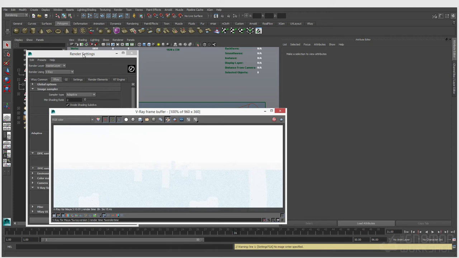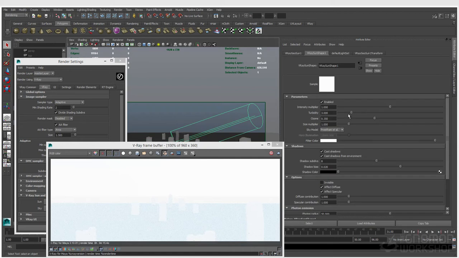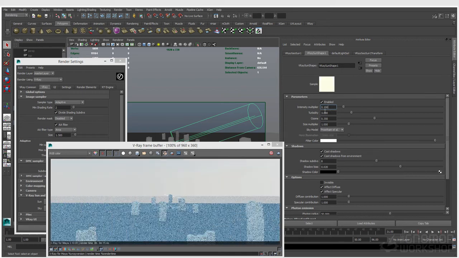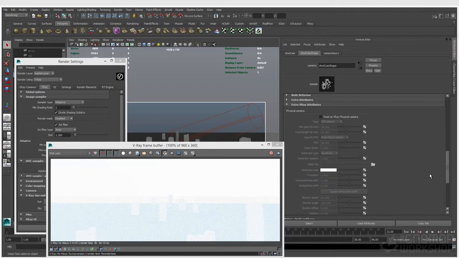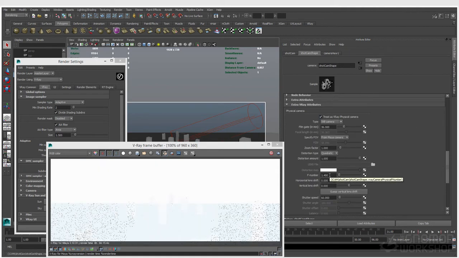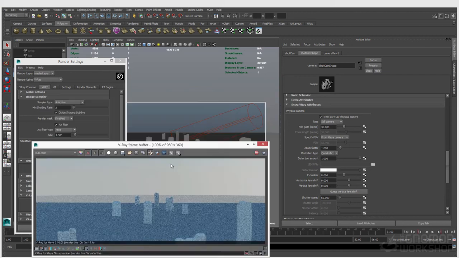But what's pretty cool, if you've been using the V-Ray Sun and Sky, the first thing you may have done is gone in and selected the sun and taken the intensity multiplier and set it to like 0.1 or whatever that may be. But you really don't even have to do that. If I select my physical camera, if you remember, the physical camera defaulted to an f-stop of 8. That default f-stop of 8